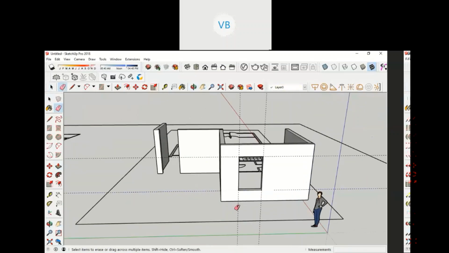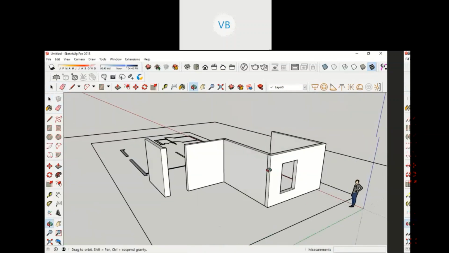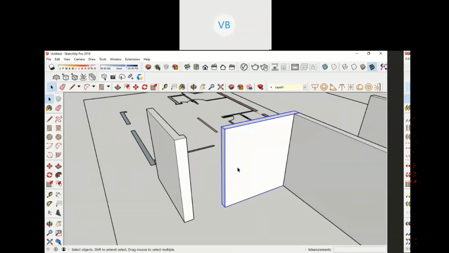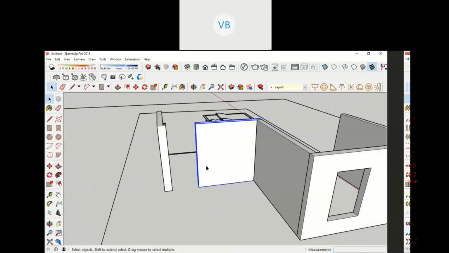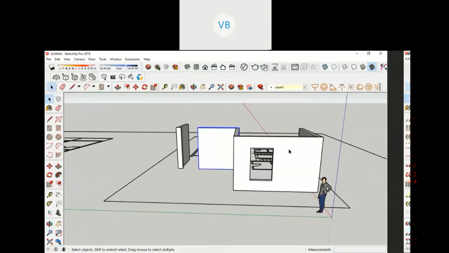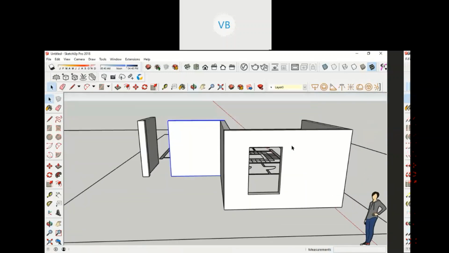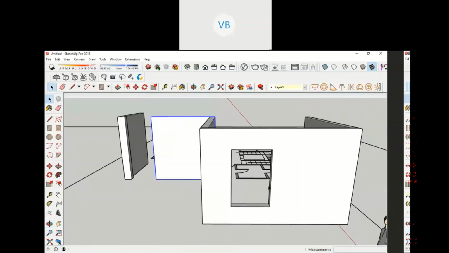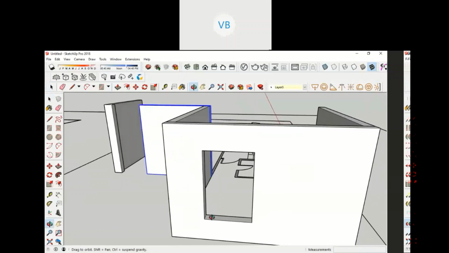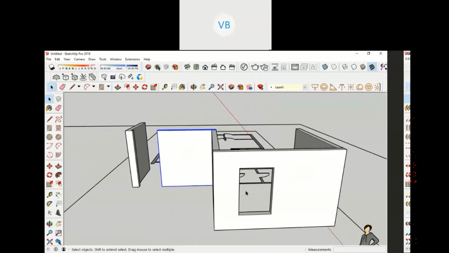I'm just deleting these things. This is not needed for me now. I'm just deleting these things. Okay, same thing goes for this thing. Okay, now I have to see. That's how you create an opening for a window. Window opening, you create it. Okay, and further, if let's say you have a particular window which you have to design, sit and design, same thing, using the same push and pull command, you can design those windows.